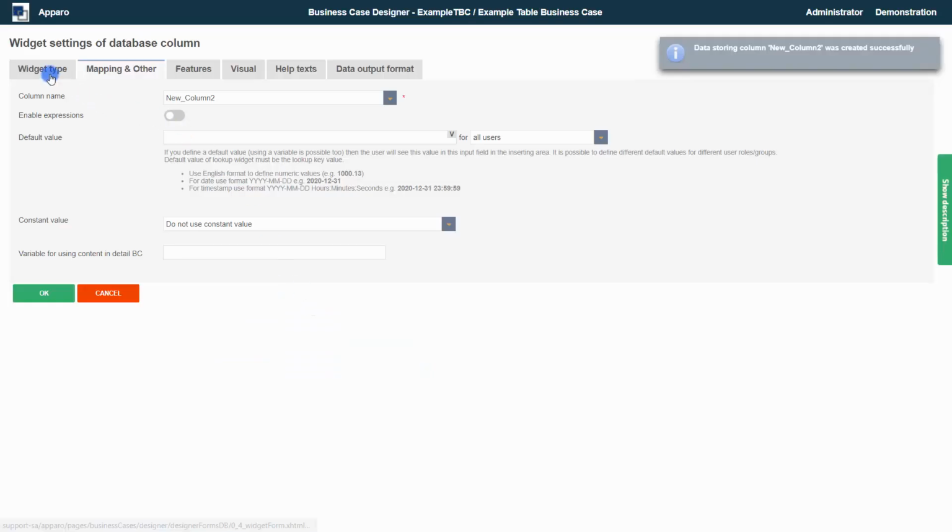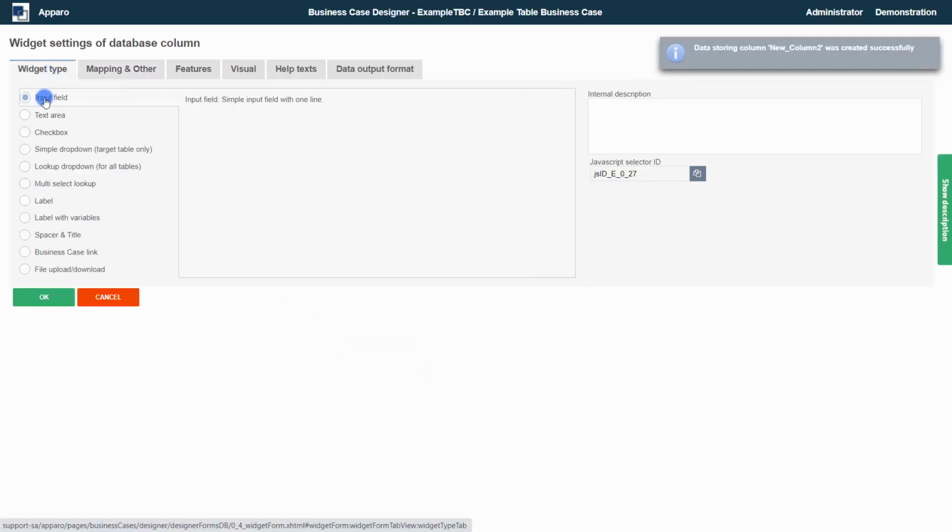There are several different widget types. In the editing area there are input field widgets, text areas, checkboxes, simple drop-downs to select existing values from the underlying table, lookup drop-downs to select values from lookup tables, a multi-select lookup to select multiple values at once, label widgets for text output, labels with variables to output HTML, or pre-calculated text or values from variables,